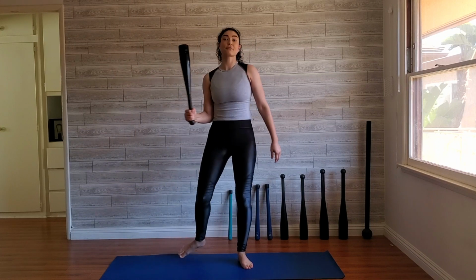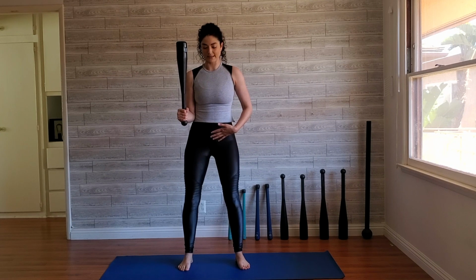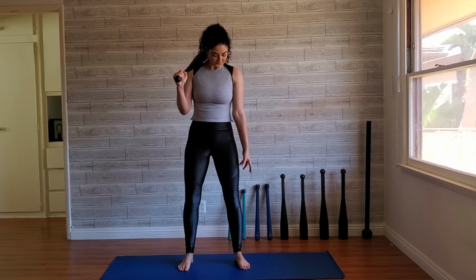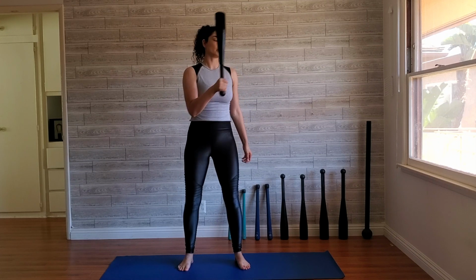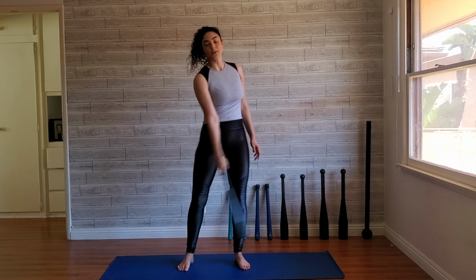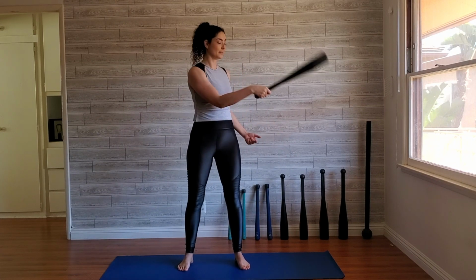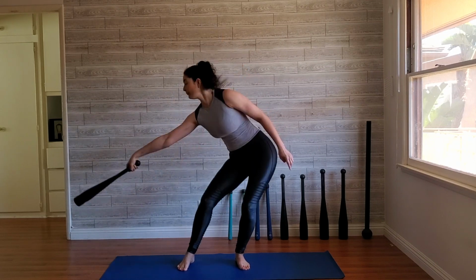So 3 more sets going inside and across the body. Again, always thinking, tuck your pelvis under, activate those glutes, activate the feet. Feet are spreading the earth, shoulders packed down, going inside and across the body. 1, 2, the spreading the earth helps with bringing the club back. 3, 4,